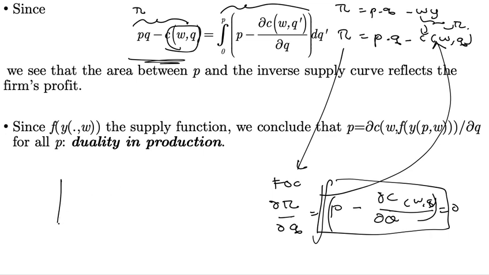So if this is our MC, and this is, let's say, our ATC, and then this is the price, below the inverse supply function. The area between P and the inverse supply function gives you the profit, actually, yeah? Okay, now,